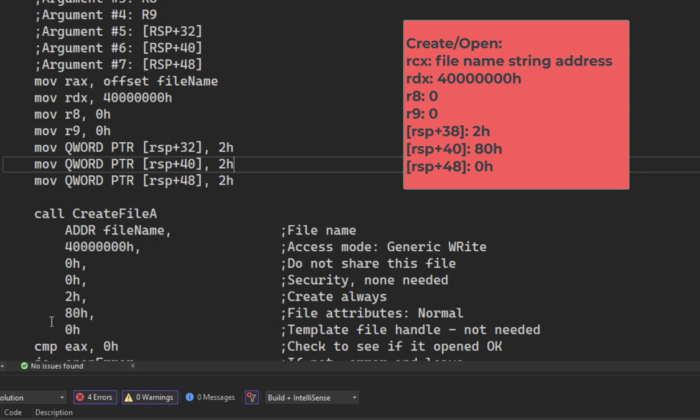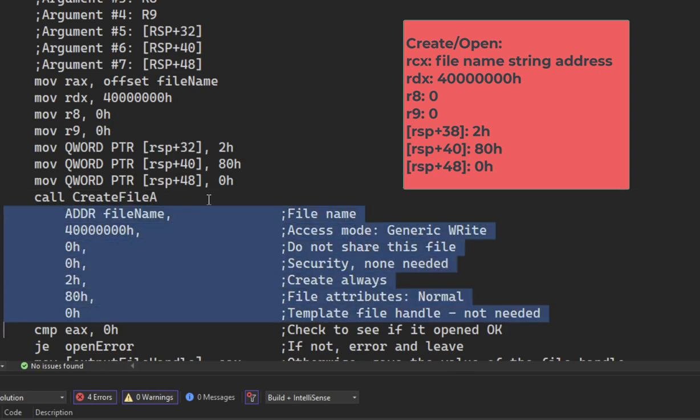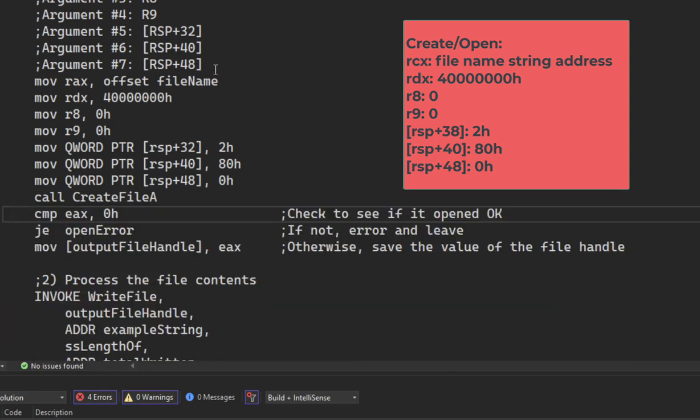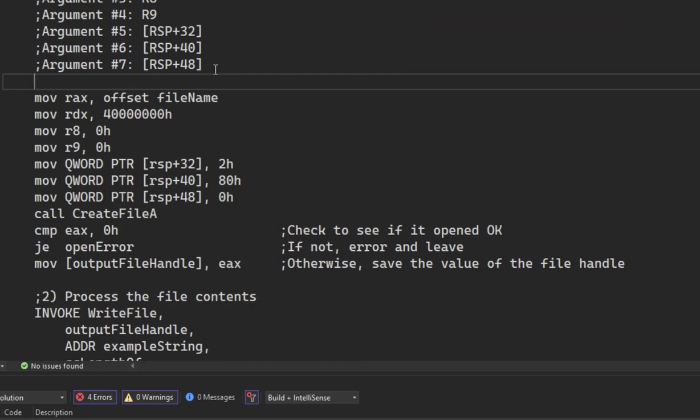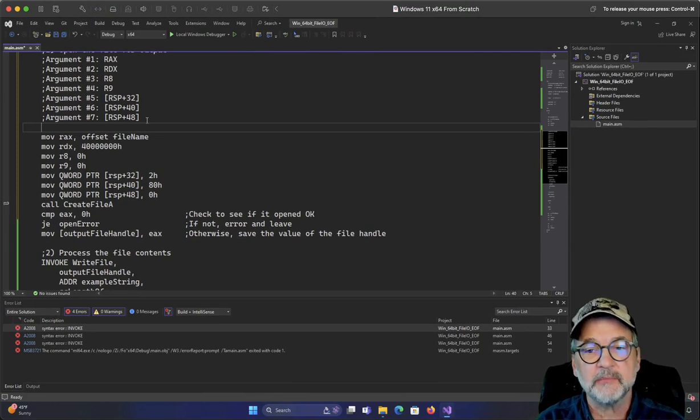And so the next argument is an 80, so we're going to put that here. And the argument after that is a 0, so we're going to put that there. And then you call the function. So now I can delete all of this. So that's how you call a function, or you call these system functions, in this case create a file,